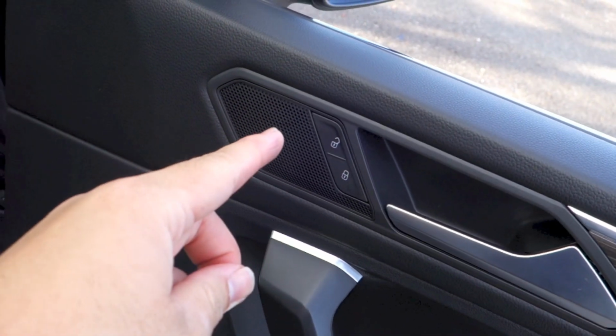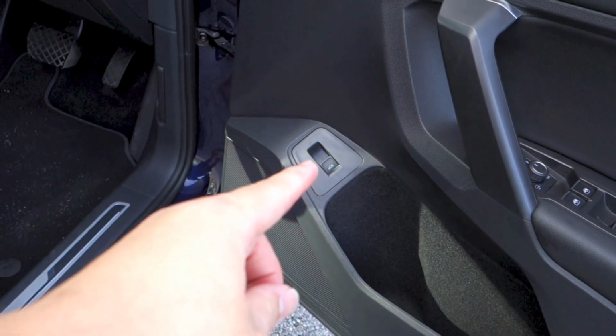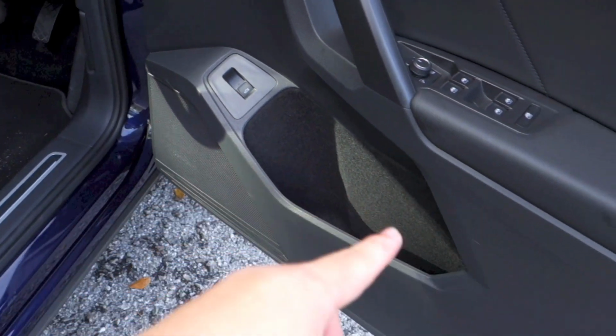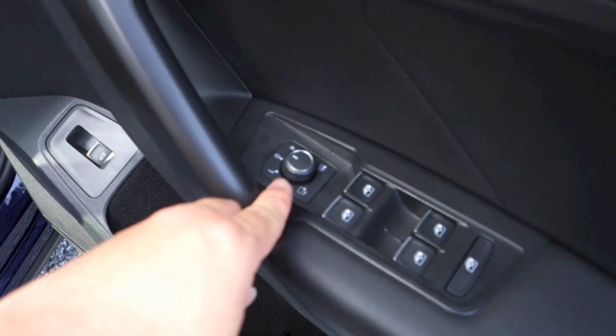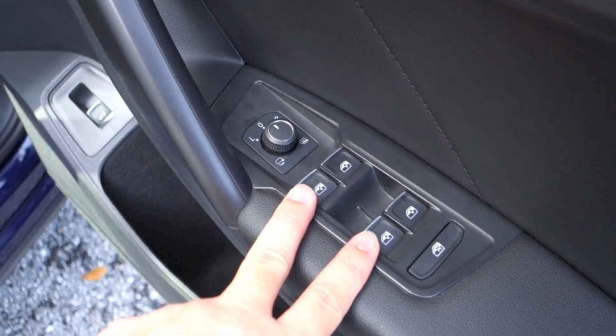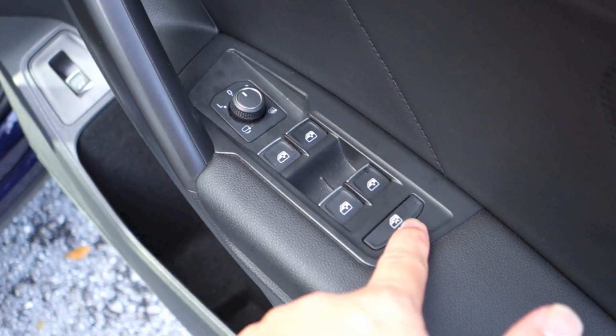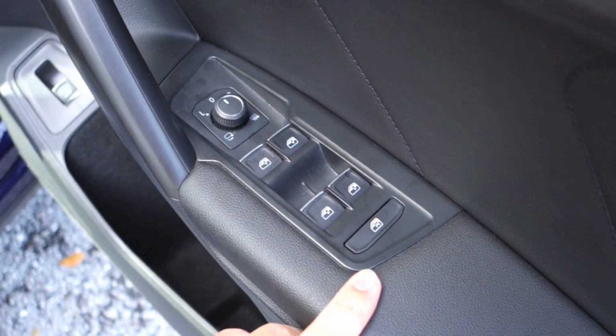Central locking, speakers right there, and down there. That button operates the power rear hatch, bottle holder, storage, mirror controls, window controls. All of the windows in this car are powered, and all of them do have a full automatic function in both directions. Window lock,